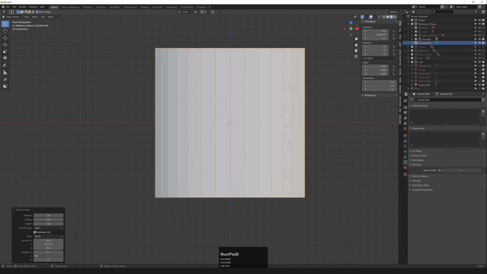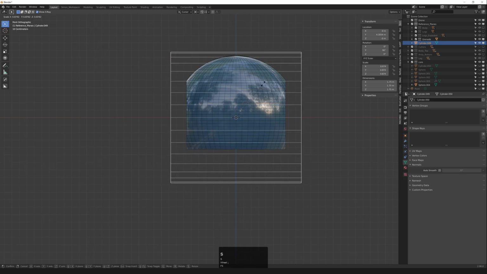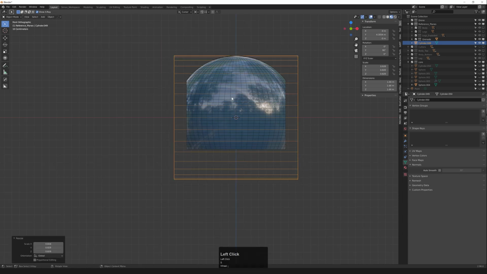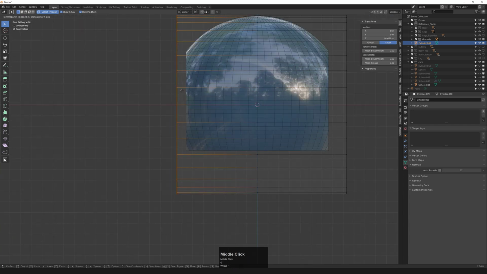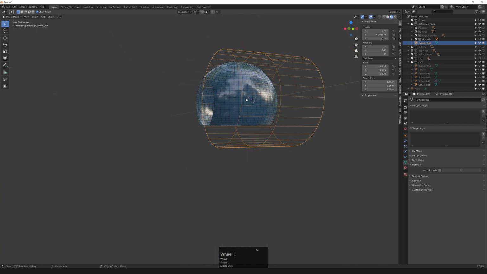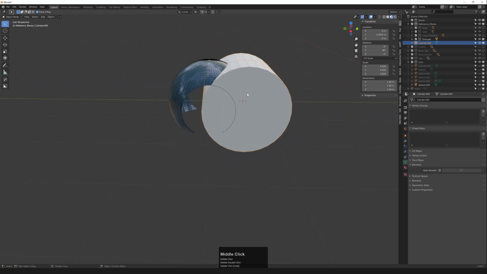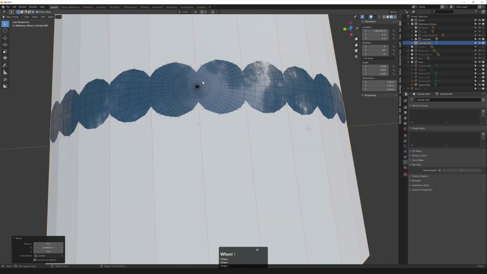And we're going to rotate that 90 degrees, and 32 subdivisions is fine. And then we're just going to try to match the outline of this. And then an edge here, and then we're going to move this in over here. I'm not going to worry about this side for now. And then center pivot and just center this out so that this geometry